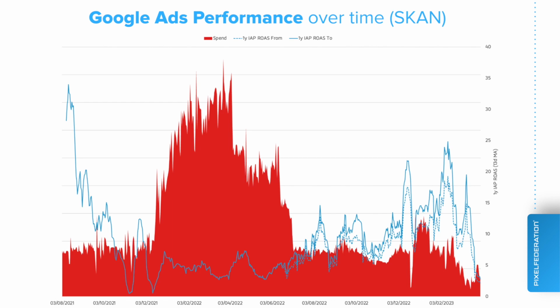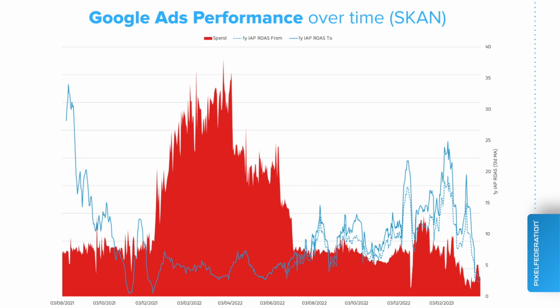But when we take a look at the same chart on Meta, two things to notice. We tried to scale significantly at the beginning of 2022. It wasn't that good, as I mentioned already. But the thing that actually improved over the last couple of months is the amount of conversion values coming from the SKAN network, which improved significantly. It's still way below what we would expect. The ROAS numbers don't look good at all, but it's much better than it was, let's say, last year.